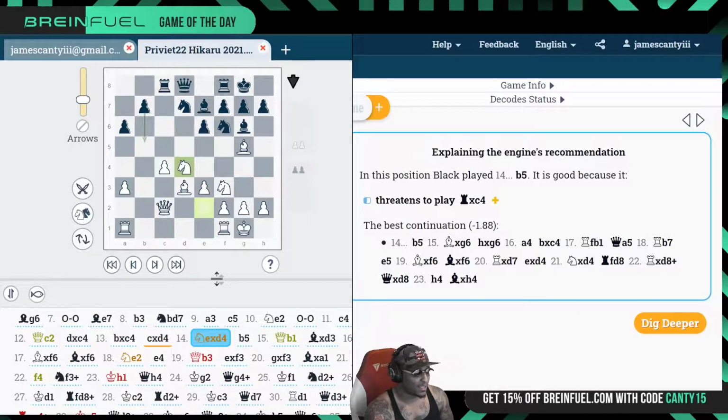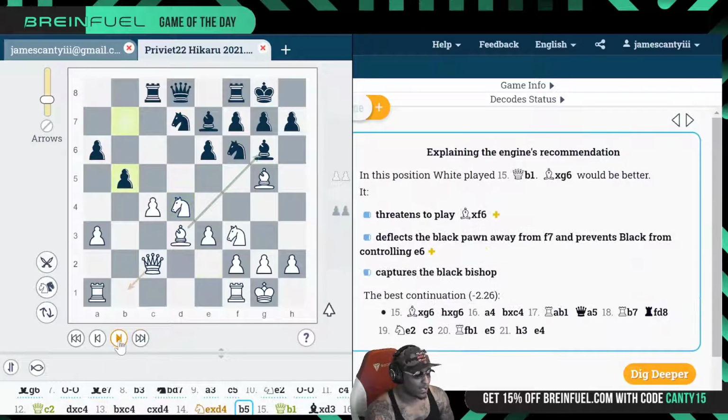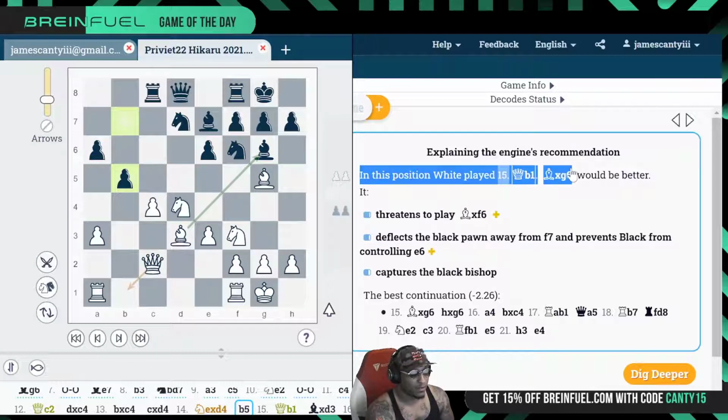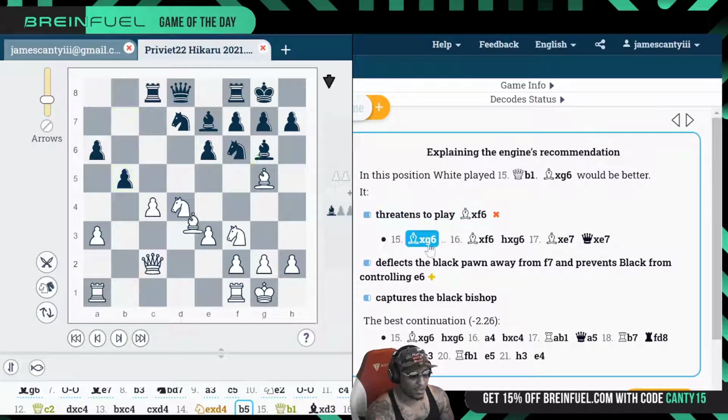Knight e takes d4. This is what you actually played in the game. And then Naka hits you with a move, right? So what did he do? He said b5, and we live. In this position, white played queen b1. Bishop takes g6 will be better. Why? It threatens bishop takes f6. How is that even a thing? Well, let's see. Takes,